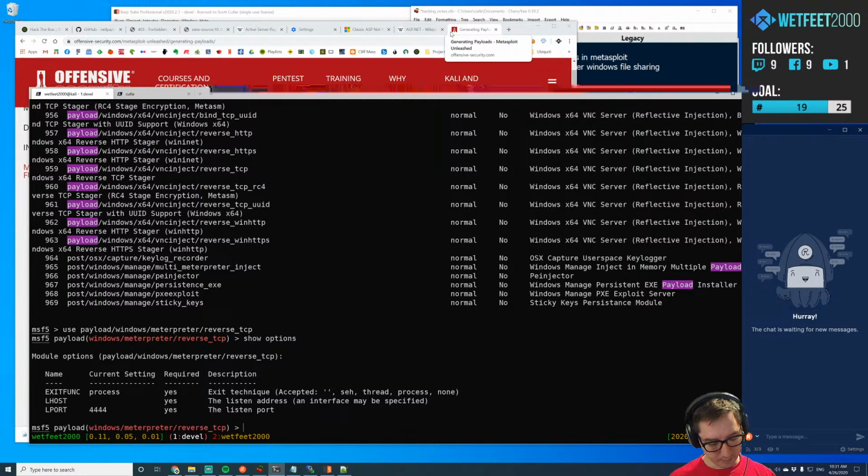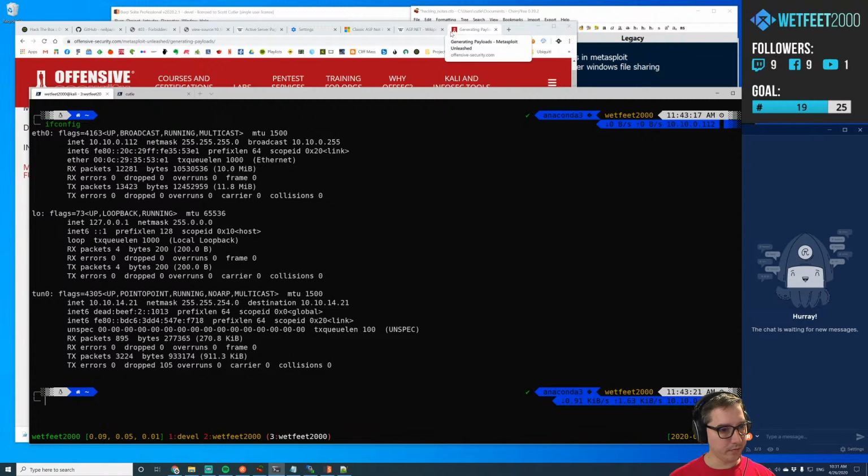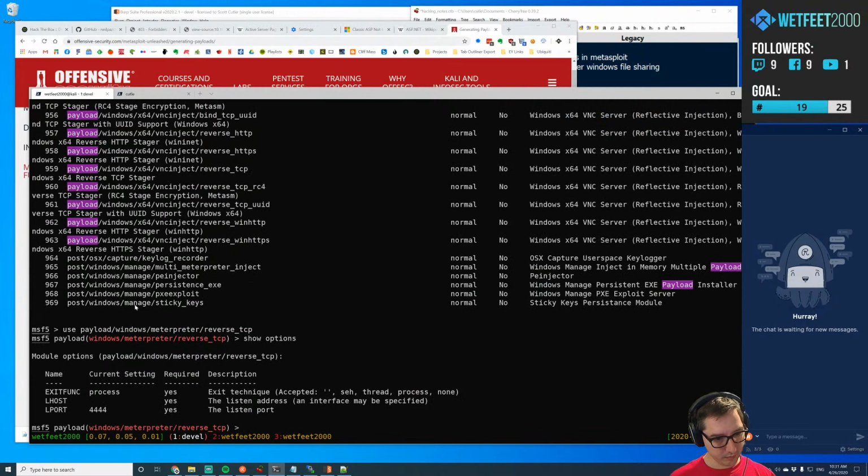Alright, we need to set our IP address. It's going to be whatever we have for our VPN. So this is my local address on the network. This is the address local to the VPN network. So that's the one we want. So we're going to set the payload to use that. Set